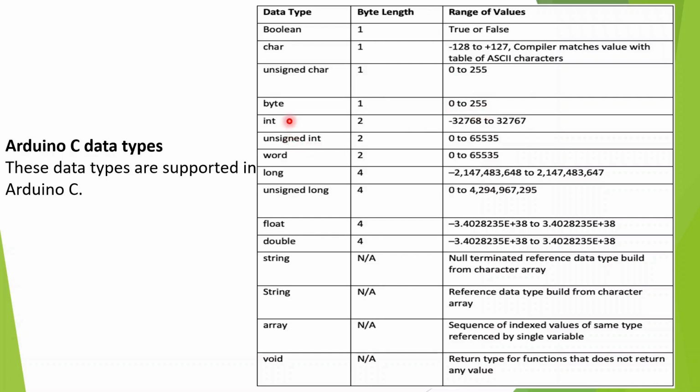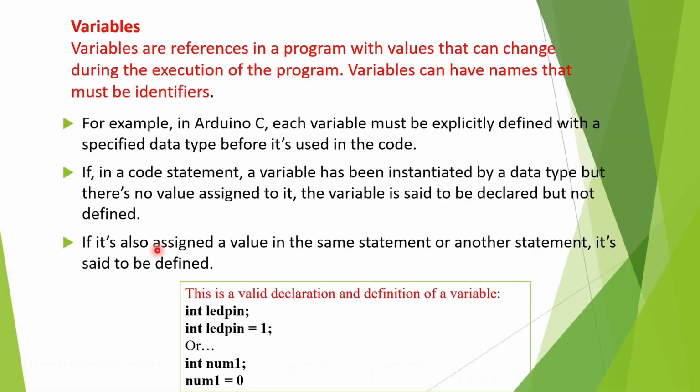Integer means, suppose one of the variables or one of the data we are assigning is an integer, it will take 2 bytes in length, and the range for this is -32,768 to 32,767. Means we have to declare the data in between this range. If we have declared any data in the form of unsigned integer, it requires 2 bytes to store that data, and the range of that number is from 0 to 65,535. So in that way, all these data types are allowed in Arduino C, which are the same as your standard C language data types.